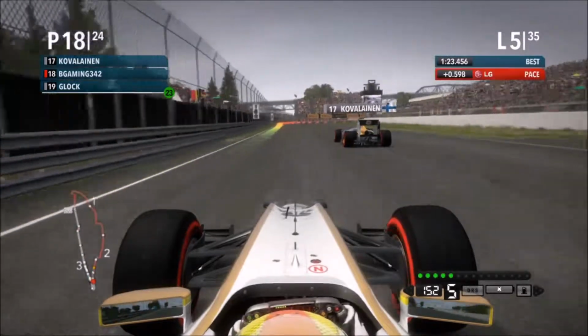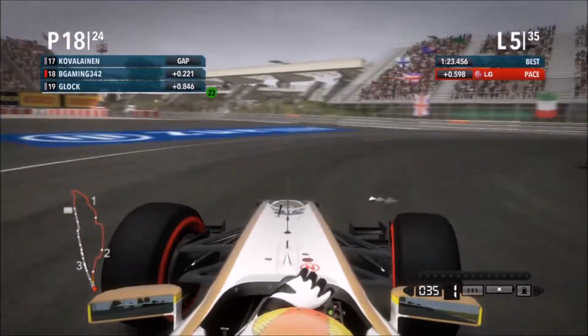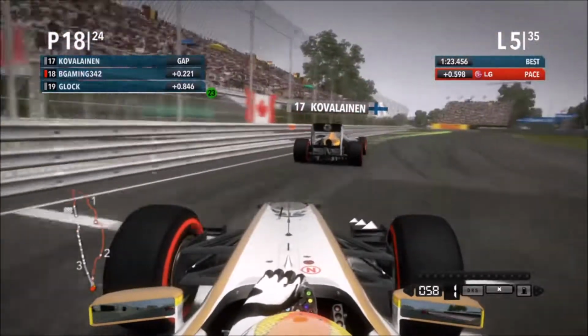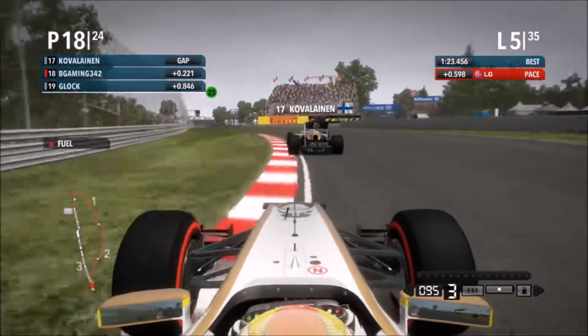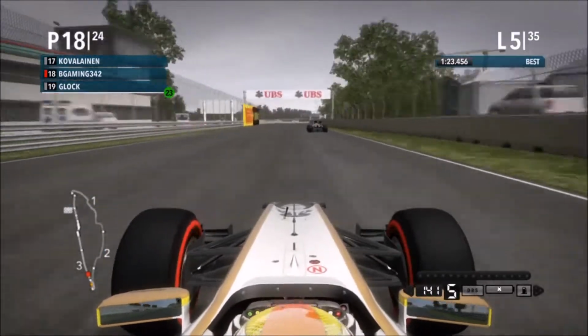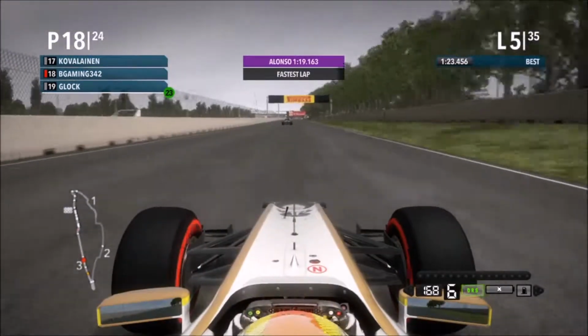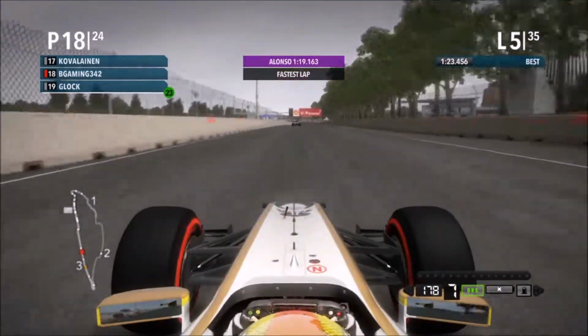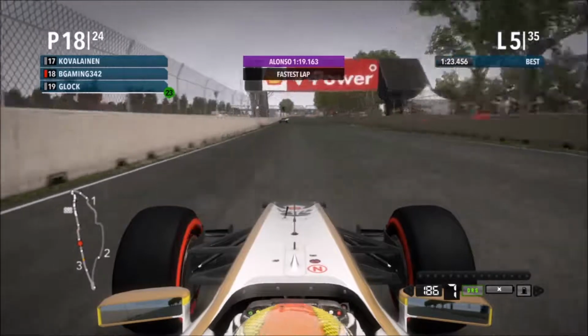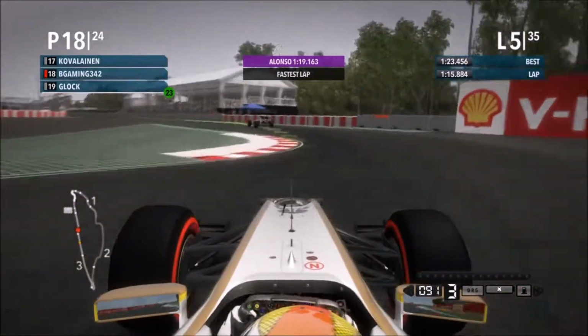But now lap 5 and Kovalainen's been able to overtake us. We sort of outbrake ourselves going to the hairpin, but we do get a great run through there, going to turn 3 as well. We're going to get DRS, I don't know. Yes, we do get DRS, of course we're going to use it. But it's not going to be enough to overtake him, because at the first part of the straight he's just so much faster. Mainly because of our setup of high downforce, which is going to help us in the rain, hopefully,